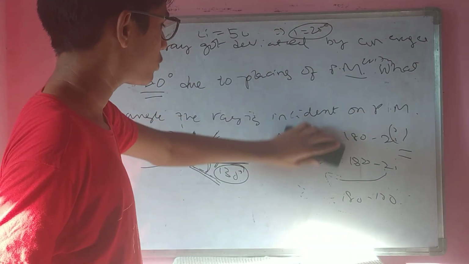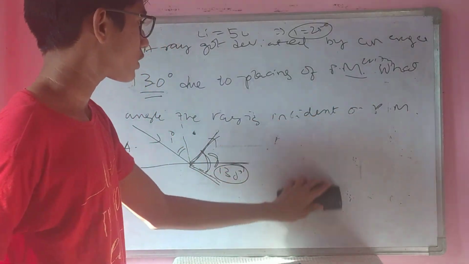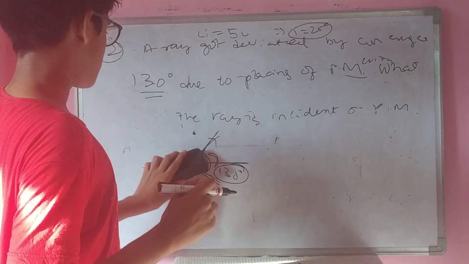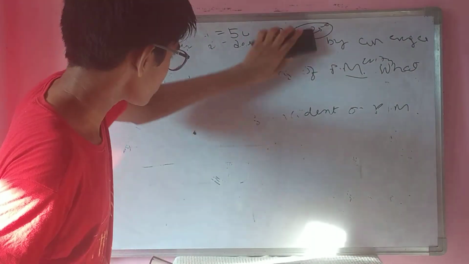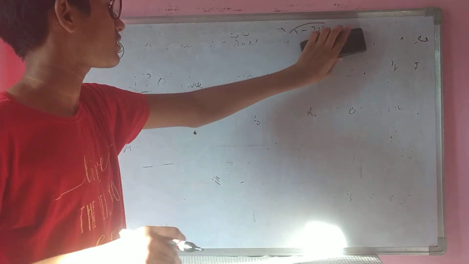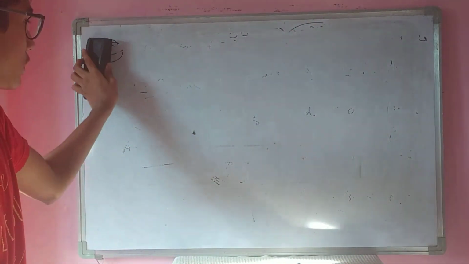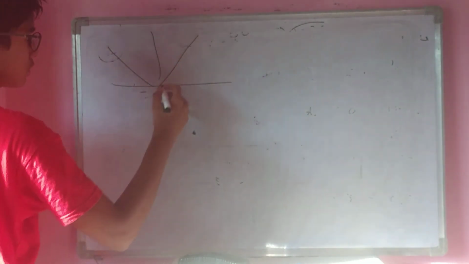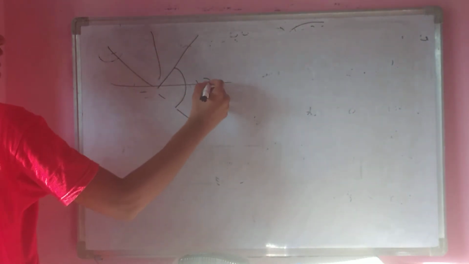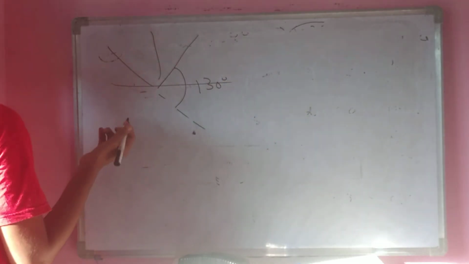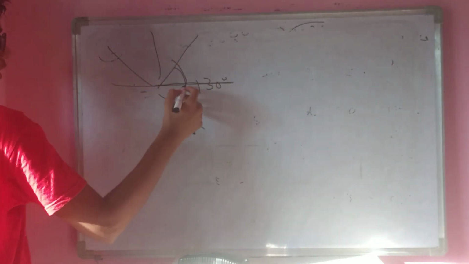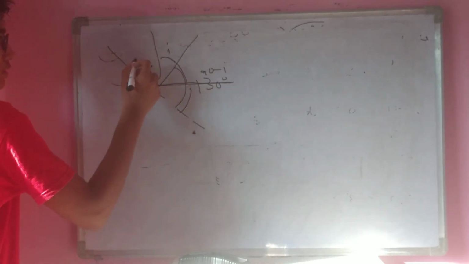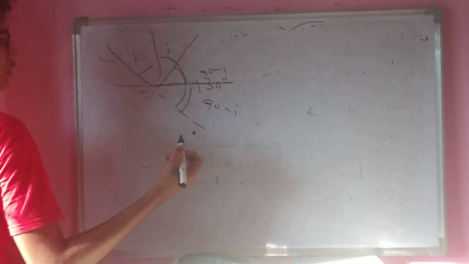Without the formula also you can do it. Sir, I can't remember the formula. Then how do I do this problem? If you remember the diagram, it's enough. They had given this total angle is 130. You could see the normal will bisect this angle. You would see this is 90 minus i, this is i, this is i, this is also 90 minus i. Yes, no?